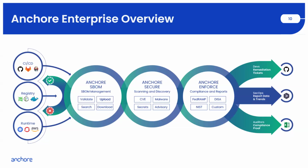So first, you can integrate Anchore with your CI/CD pipelines. As you are working on your build and deployment process, your container images that are constructed out of your builds can be analyzed by Anchore. And for every analysis invocation, there is an immutable SBOM document that is persisted in the system. Meaning that if I come back 6 months later, I can always go back to an older SBOM to understand how it changed, if there's been any SBOM drift, if there's been any changes to security information. So that information is persistent in the system, it's native to the data model, and